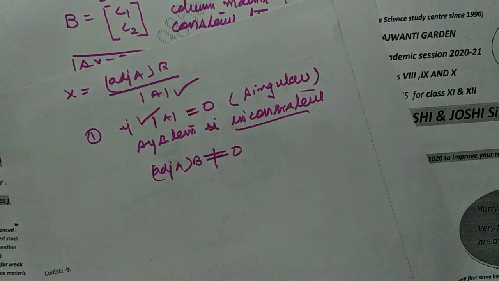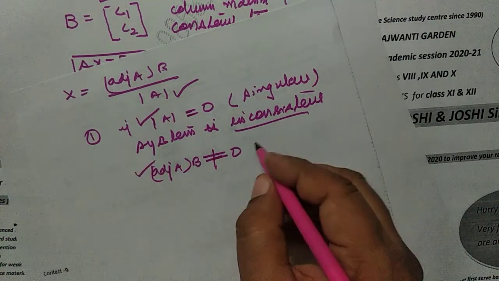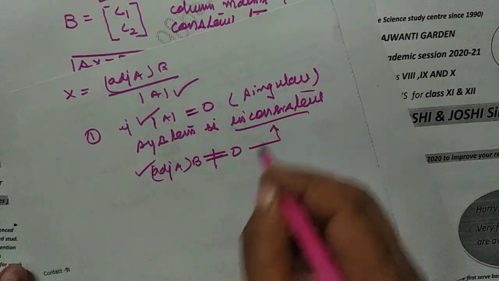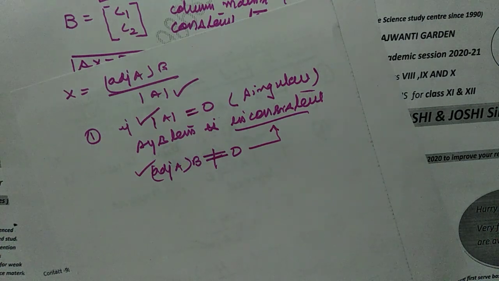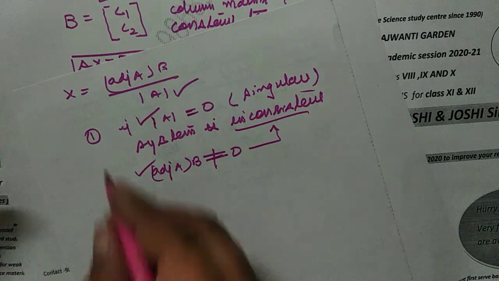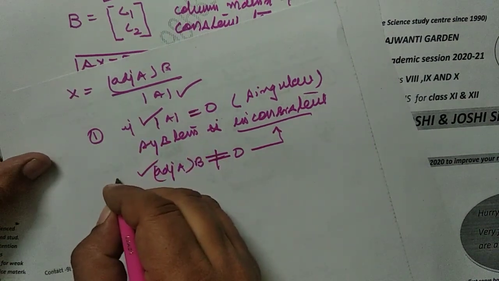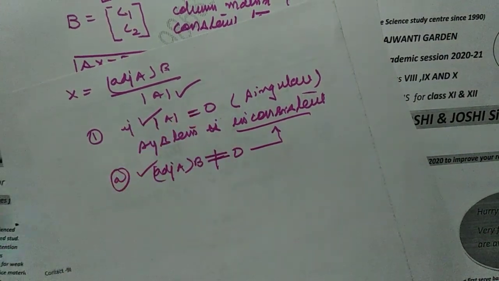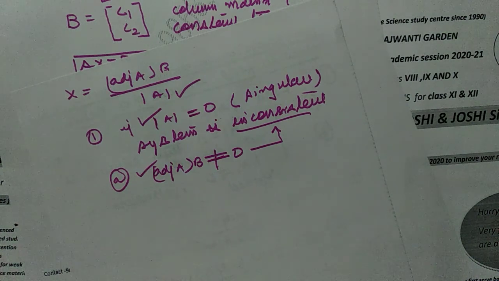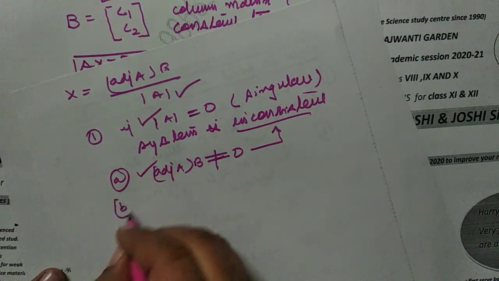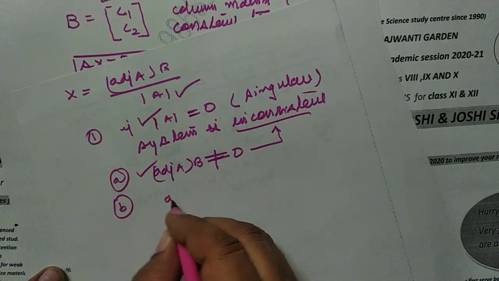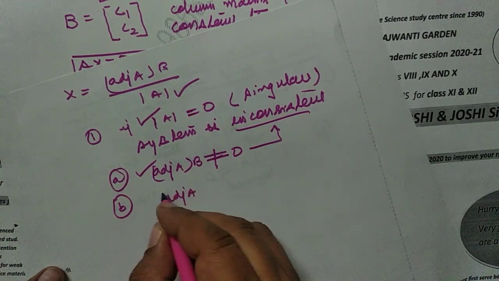Determinant of A is 0 and adjoint of A into B is non-zero, then it is inconsistent. If both these two conditions are there, then system is inconsistent. And if this is case A, when determinant of A is 0, but adjoint of A into B is not equal to 0, then it is inconsistent. B. In the same case, if adjoint of A into B is also 0,